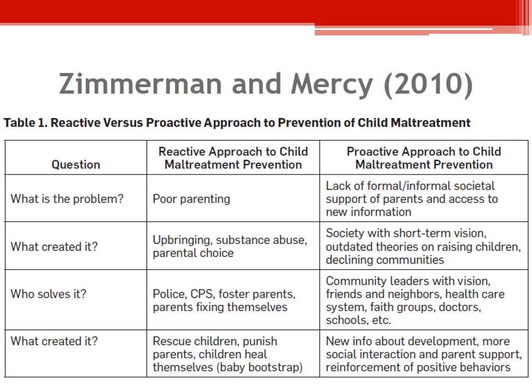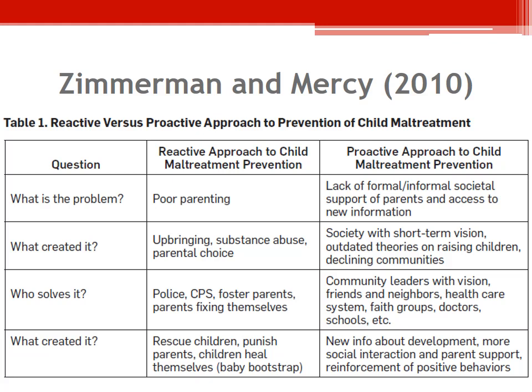And that's an example of a social norms campaign that's really been effective in the past decade. So earlier, I referred to that Zimmerman and Mercy article, which talked a lot about how we need to take a systems approach to child abuse and maltreatment prevention. And part of that is changing the lens of prevention of child maltreatment to try to take a more proactive approach rather than a reactive approach.